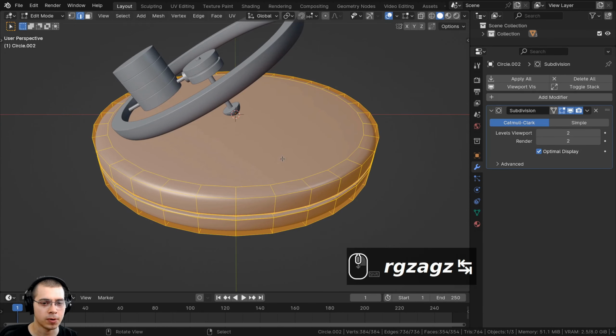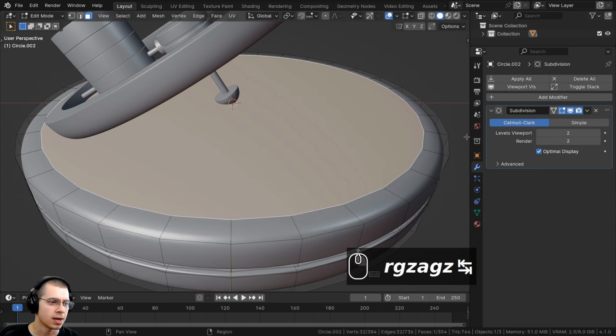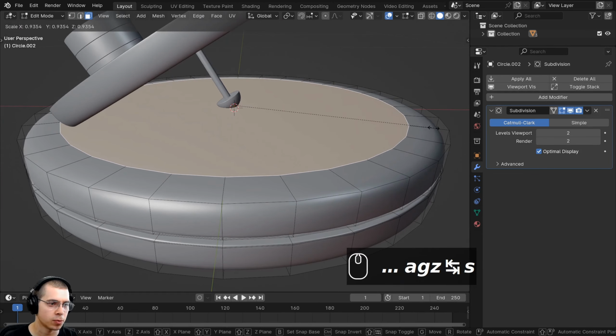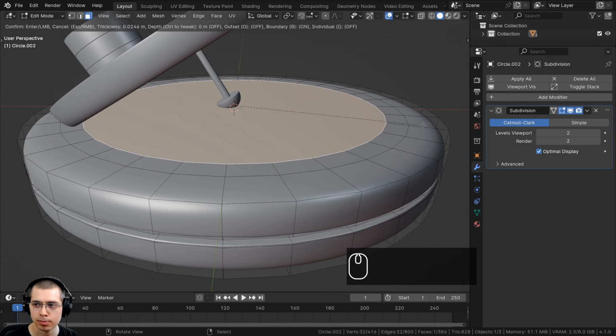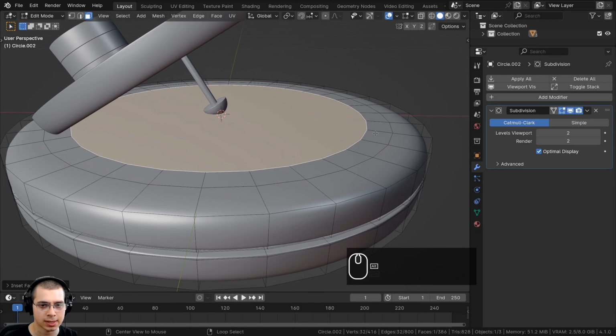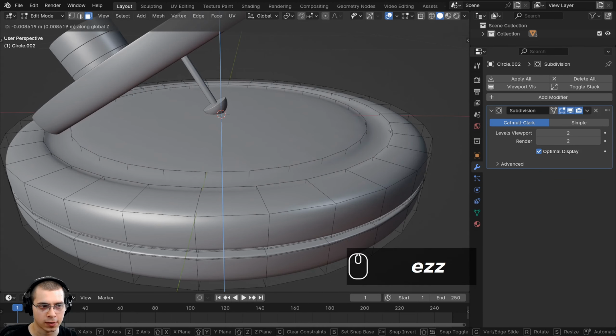So I will go into edit mode, and I'm going to select this face here. Go to face select and select this face, and I'll scale it down a little bit more. Then I'll hit the I key to inset that face, and bring it down much smaller to about there. Then I will hold down the Alt key and select that loop of faces there, and I'll extrude it down on the Z-axis and just bring it down like that.